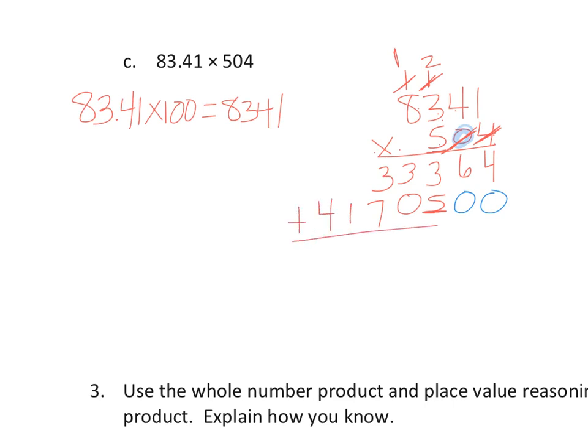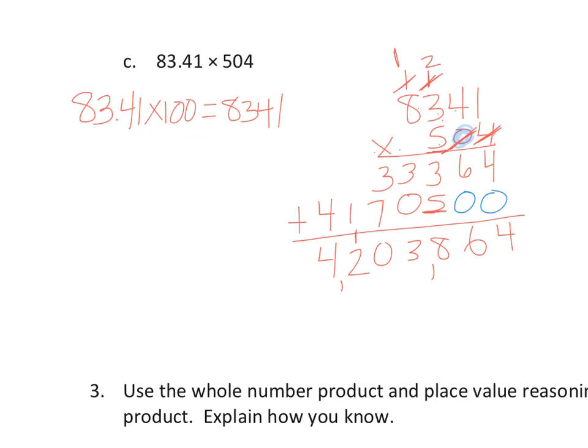So add those two together. You get 4, 6. 3 plus 5 is 8. Then 3 plus 0 is 3. 3 plus 7 is 10. 1 plus 1 is 2. And 4 plus nothing is 4. So we've got, look at that, 4,203,864. But remember, since we multiplied it out by 100, we have to go back and we have to divide,